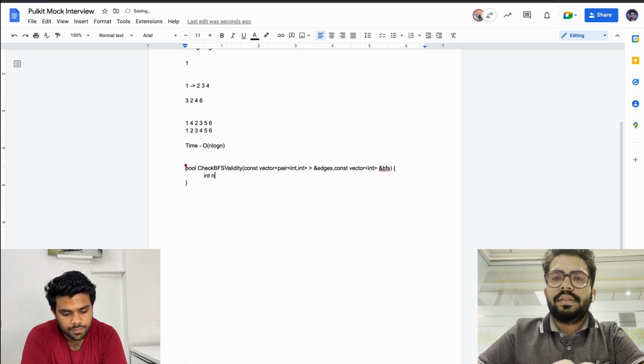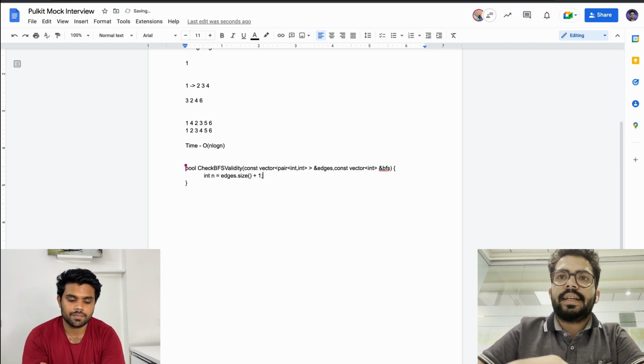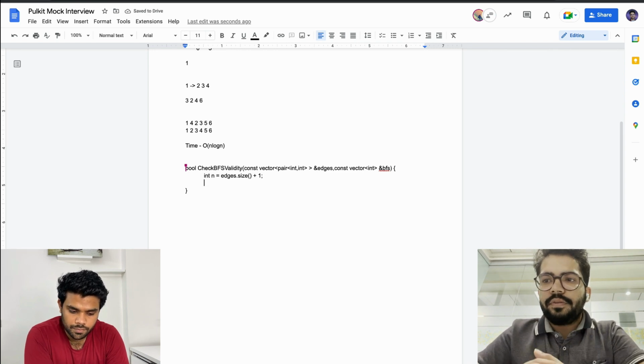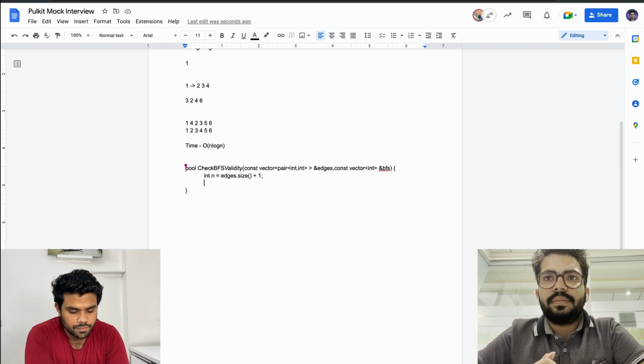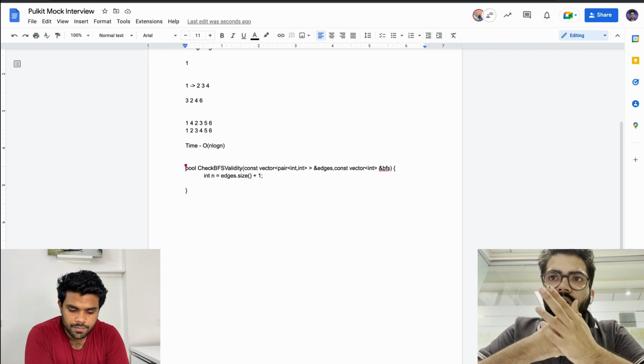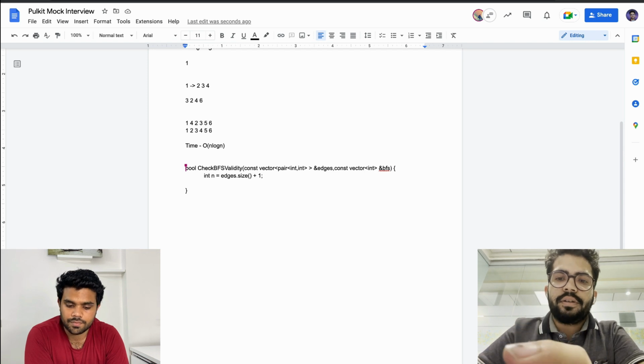Okay, so the number of nodes in this case will be equal to edges dot size plus 1, because in a tree the number of edges is the number of nodes minus 1. I'll form the adjacency list from this vector of pair of int that you have given me.